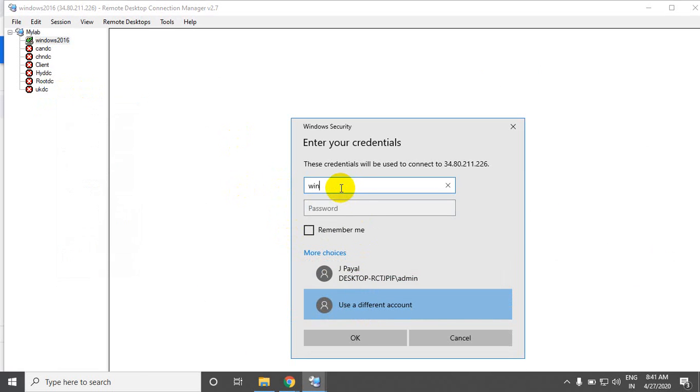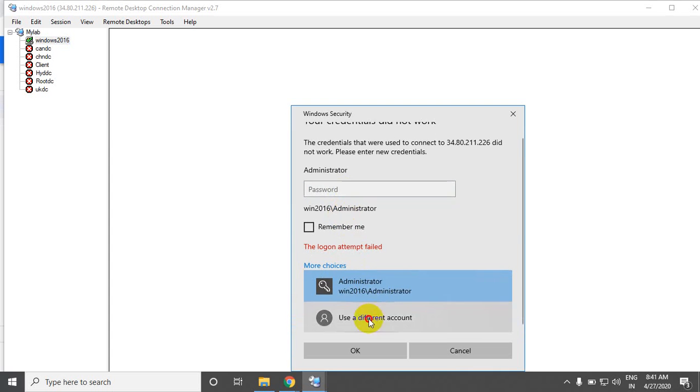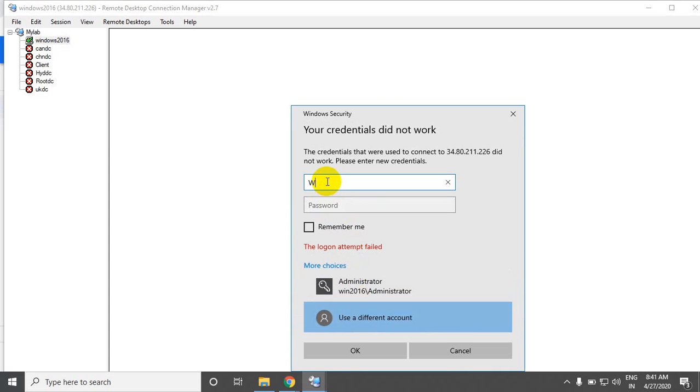So what is our domain name? We have given Win 2016, and you need to log in as the domain administrator. Alright, I have given something wrong.